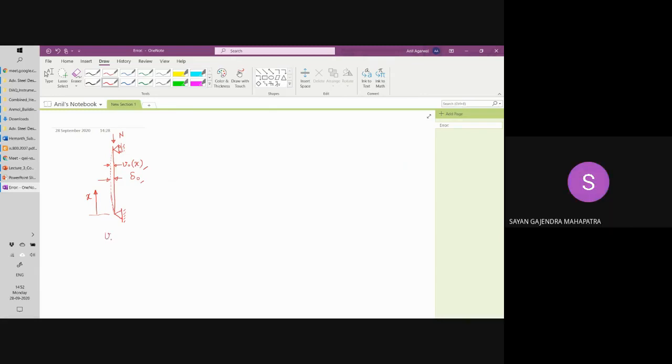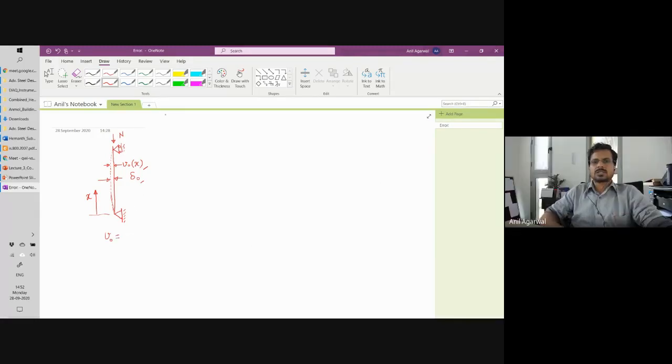Yes. At X equals L by 2, it will be maximum. So you are saying V0 is at any given x, and delta 0 is at x equals L by 2. So delta 0 is equal to the value of V0 at L by 2. That is correct. That is obvious. You are saying the maximum value occurs at x equal to L by 2. I agree. But that is not really the full relationship.